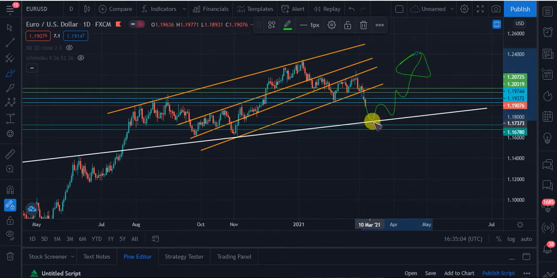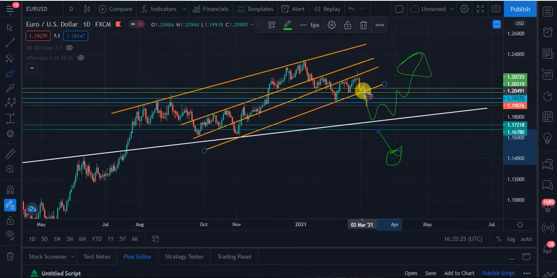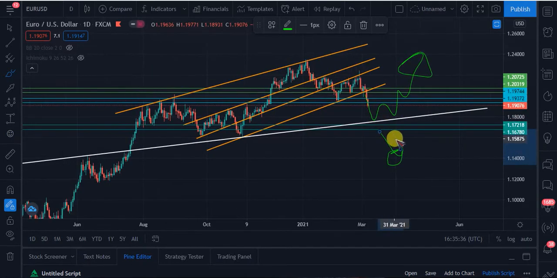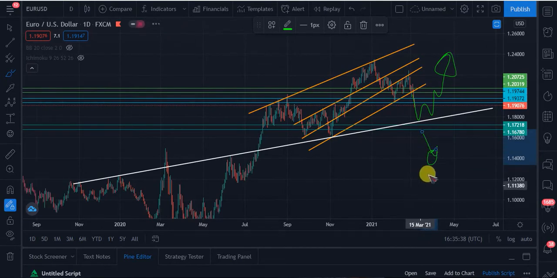It's also possible for Euro USD to break down this trend, and we might be seeing Euro USD around this particular level. Do you understand? So hopefully this coming week Euro USD should buy all the way from the 1.117 level. So I'm expecting it to sell up to this support trend line, then have a bounce and move up. But if Euro is to break this trend line downward, then you should be expecting a further sell downward again. So that's for Euro USD.